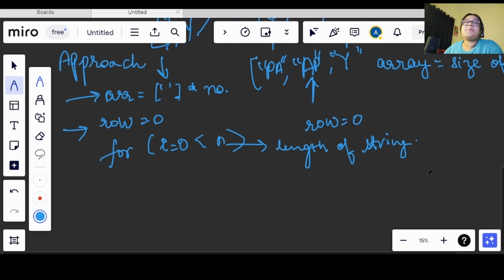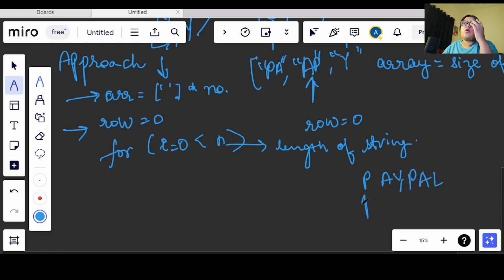Now what will happen, once I have started the iteration, I have PayPal, right? I will be using this only right now. I will just be iterating on PayPal right now. Okay, so let's go for that. PayPal.